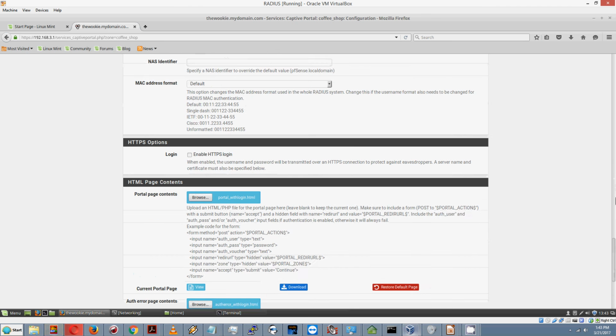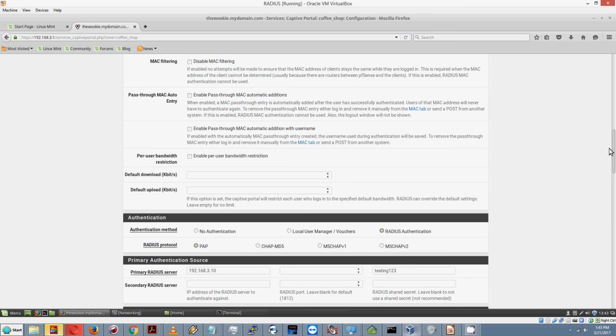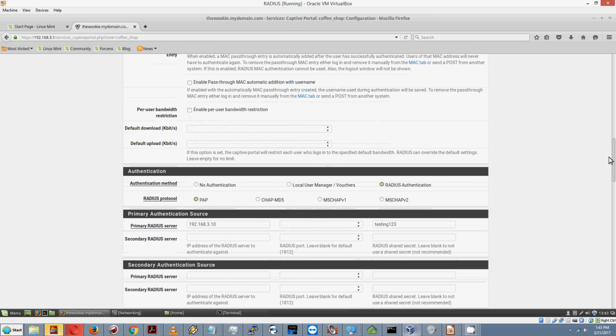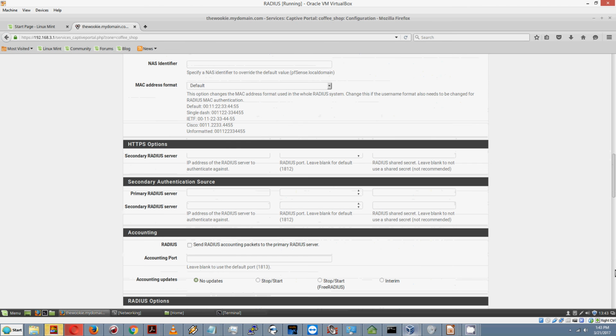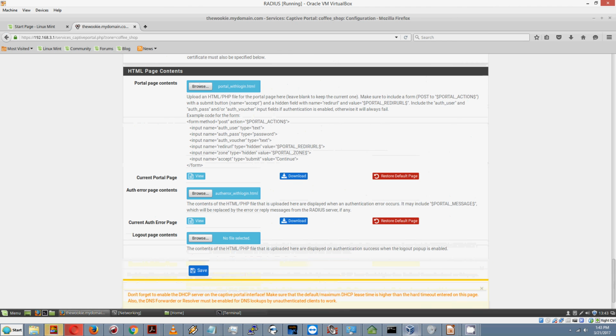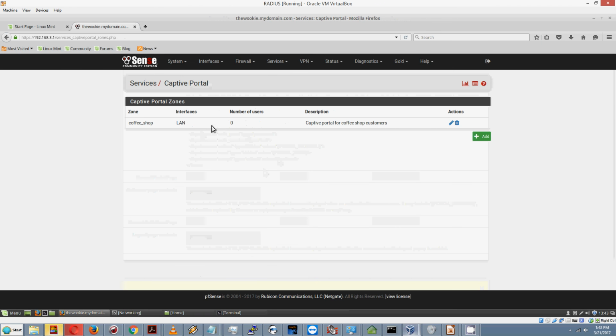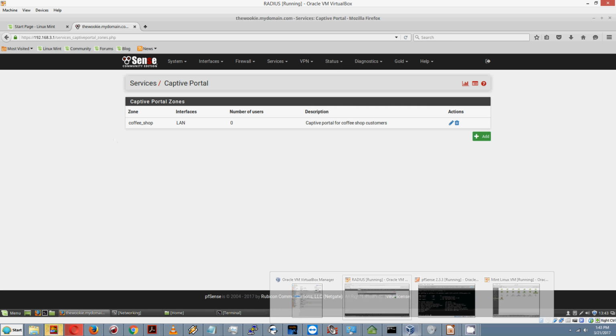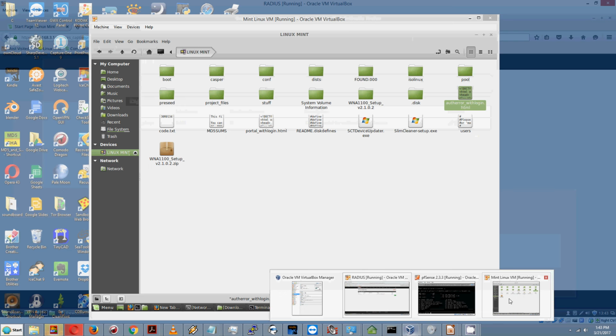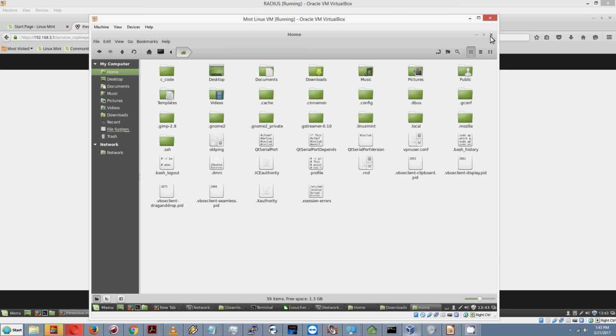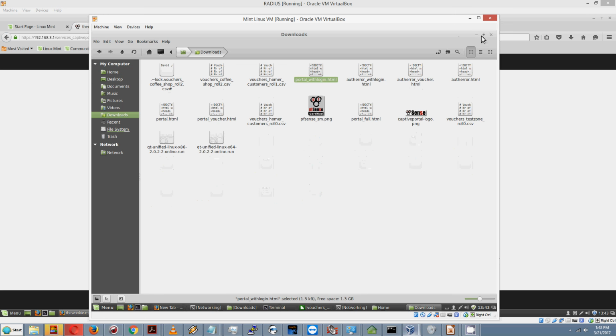So we have set up our primary Radius server with the right shared secret, and we also have our HTML pages set up. So let's click on save. Okay, and there's no captive portal user. So the next step is, and now remember we're in the DMZ now, so that's not our captive portal network. So we have to go back to our other virtual machine that is in the captive portal zone,